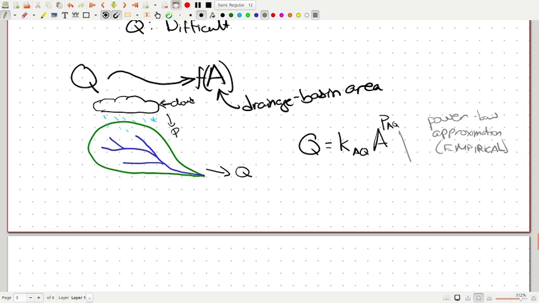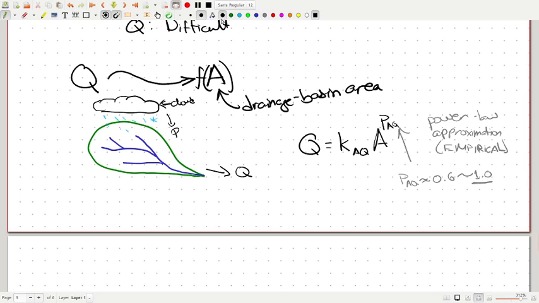And from using measurements to get this, we generally get that this relationship holds with an exponent P_AQ that is approximately maybe 0.6 or so to 1.0. You might see 0.7 to 1. You might see sometimes 0.5 to like 1.1. Occasionally this can be greater than 1 depending on the relationship between these storms and groundwater. But if it's 1.0 right here, then what you know is that you basically just have a relationship in which,